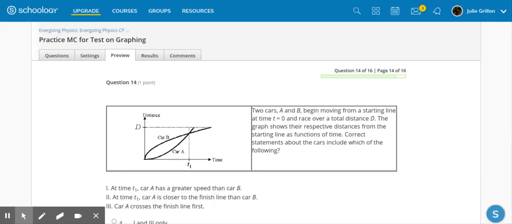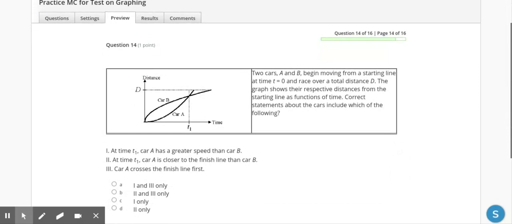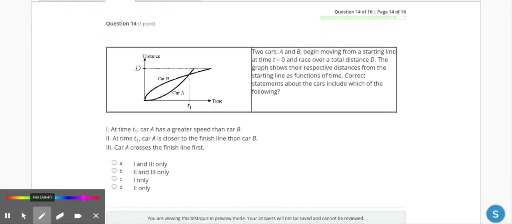Two cars, A and B, are moving from their starting line at time t equals 0 and race over total distance d. The graph shows their respective distances from the starting line as functions of time. Okay, what are the correct statements? At time t1, car A has a greater speed than car B. Let's test that out. So t1,